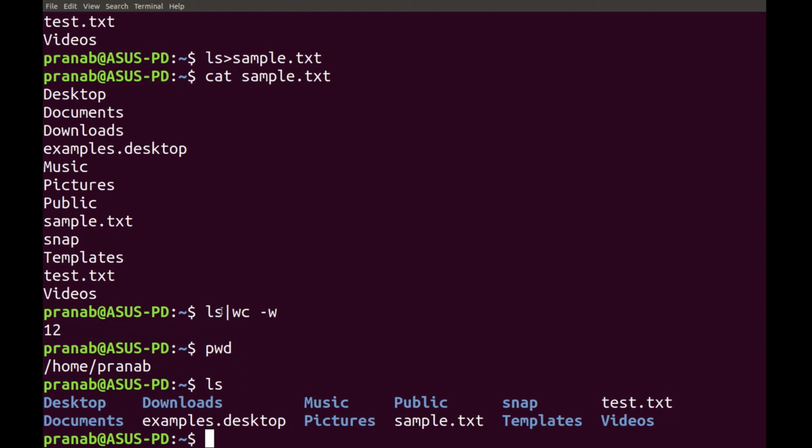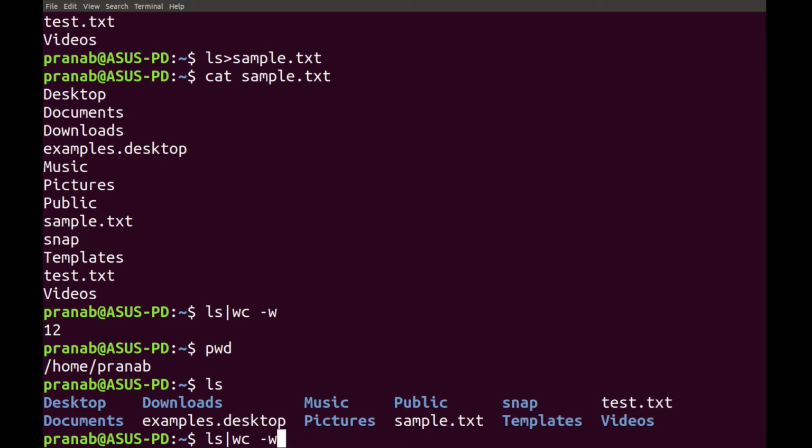So pipe is used to combine two commands. The output of one command is given as an input to the second command. So this is how pipe works. You can use multiple commands or multiple pipes. For example, if I want to store the result of this one, I can store it by using the redirection operator and storing it in a new file, suppose dd.txt. If I run it, it will be getting stored in the file dd.txt.